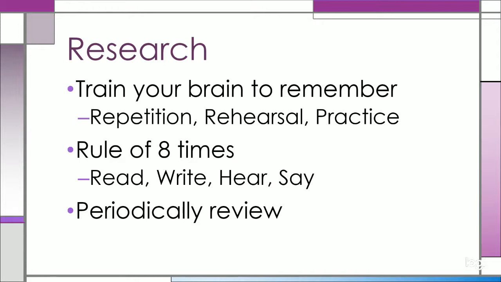So you have to have constant review until you feel that you've mastered that word, there's no way you could forget that word. So if you're an intermediate English language learner and I show you this pen and I ask you what color is it, you would immediately say black. You wouldn't have to think about it because that word is so deeply embedded in your brain. You've practiced it so many times.